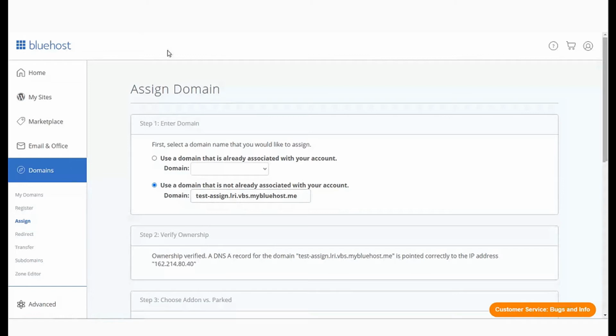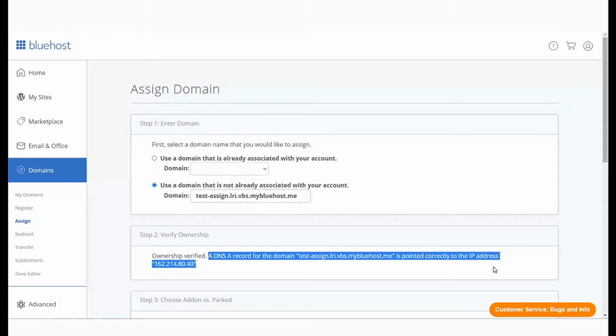If the domain is purchased from Bluehost, the domain is already pointing its name servers to us. If the domain is purchased from another registrar, you will need to send a request to your registrar to point the name servers to us, or point the A records of the domain to your account IP. Another way is requesting an EPP or auth code from your registrar. A text box will be present in the owner verification box. Enter your EPP or auth code here. A successful owner verification will show this message.